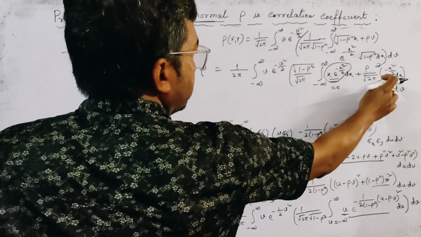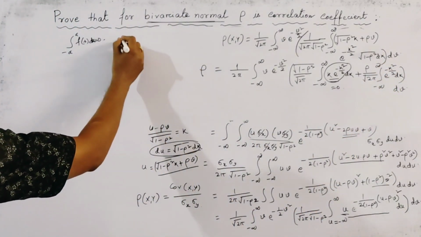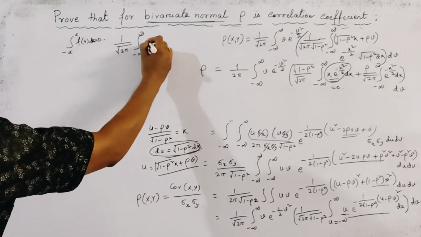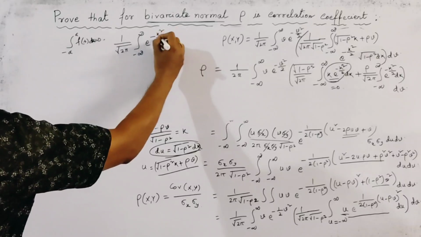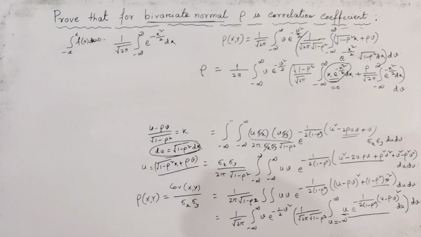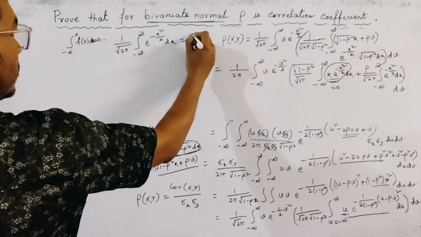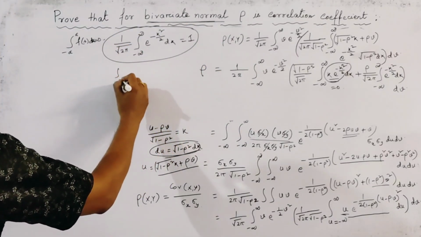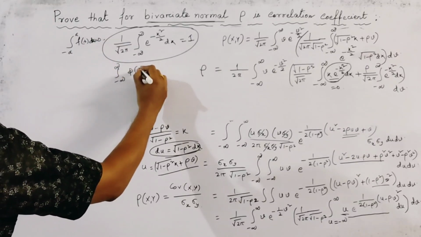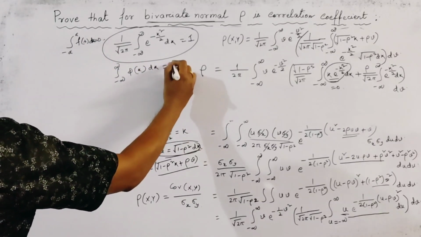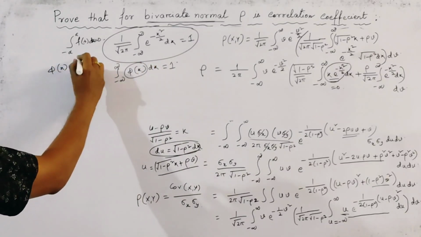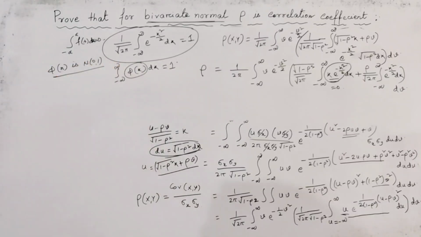And for the second term, this is 1 by root 2 pi integration from minus infinity to infinity of e to the power minus k square by 2 dk, and clearly this value is equal to 1, because we know that the integration from minus infinity to infinity of phi(k) dk is obviously 1. What is phi(k)? Phi is normal (0, 1), the standard normal distribution. Okay, so we get